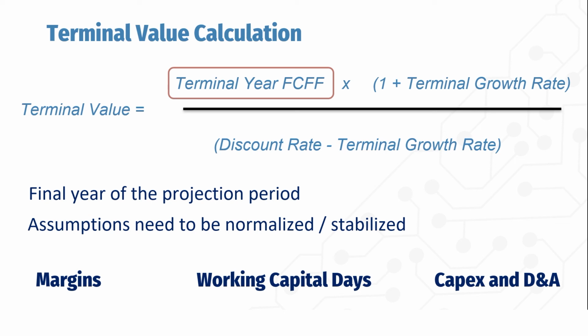One thing to note is that depreciation and amortization expense in the terminal year should be lower or at least equal to terminal year capex. And this is because if your fixed assets depreciate faster than your capital expenditure, then in the long term, you will be left with no fixed asset base. And this doesn't make sense for a business which is a going concern. Most valuation specialists normalize this by equating depreciation and amortization to the terminal year capital expenditure.